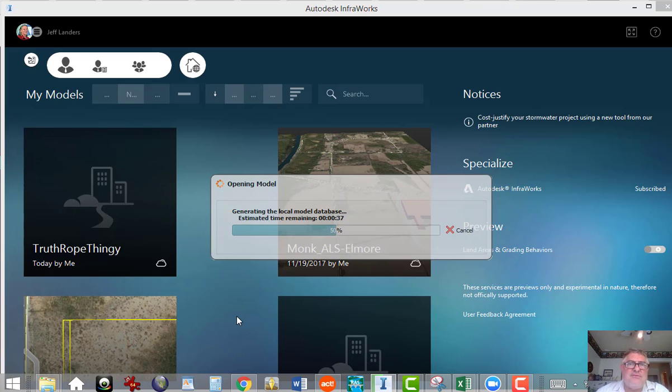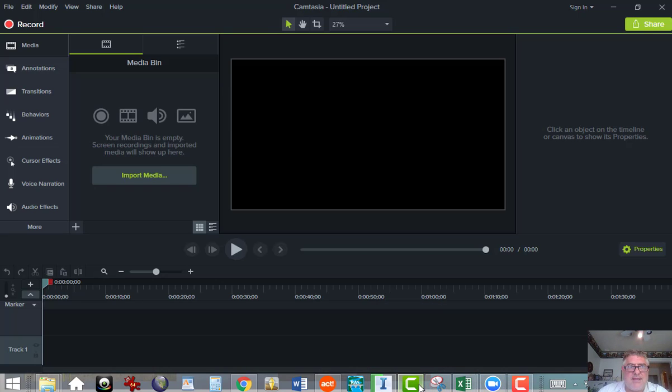I'm going to pause the recording of Camtasia. Let's just throw Camtasia out here. We don't do enough to show Camtasia in the fact that it's one of my favorite software packages in the world. I believe I can hit F10